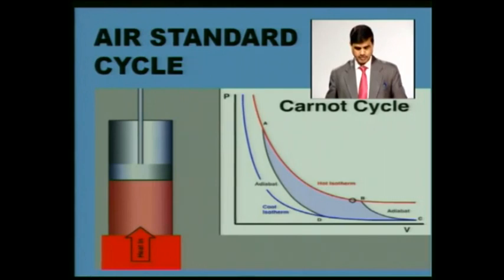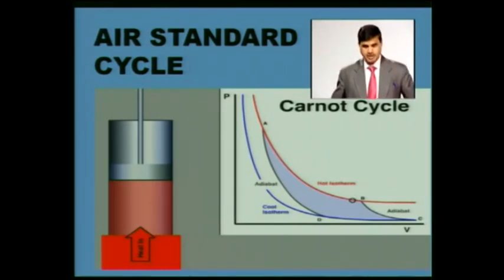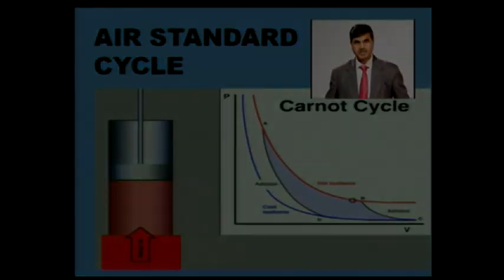However, in a cycle, heat is added, and if we are adding heat, temperatures are also changing, but we are assuming in the air standard cycle that the Cp and Cv values